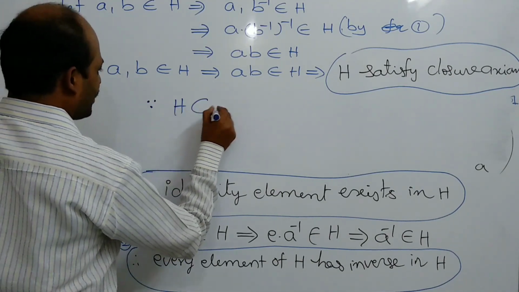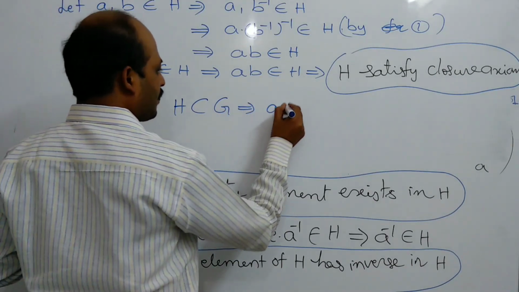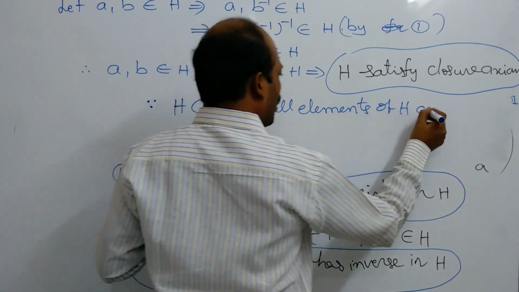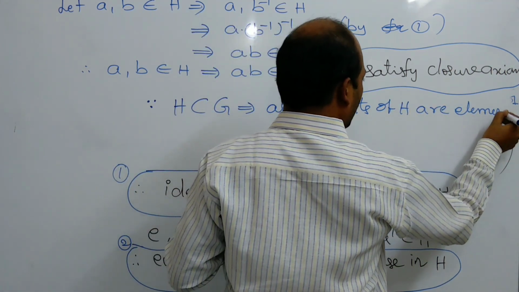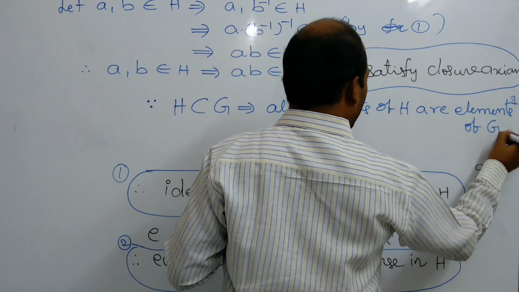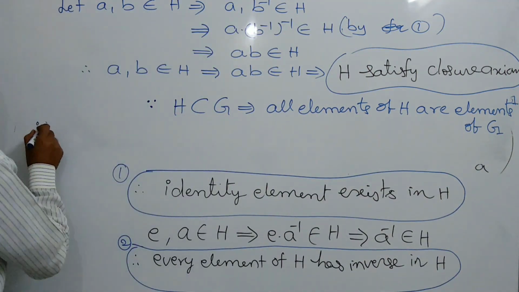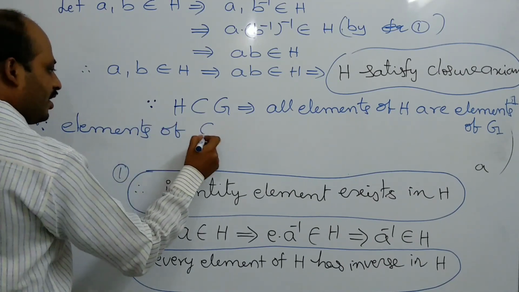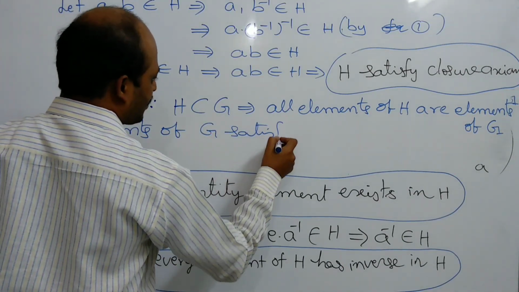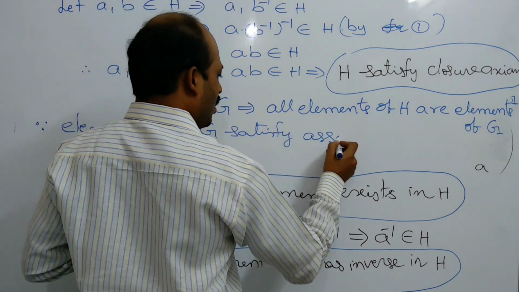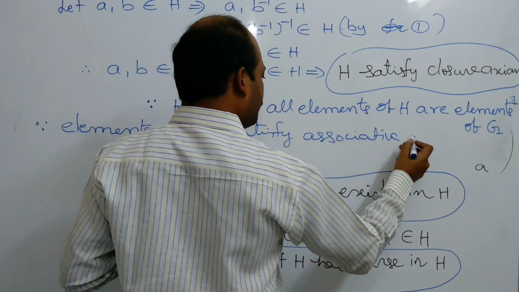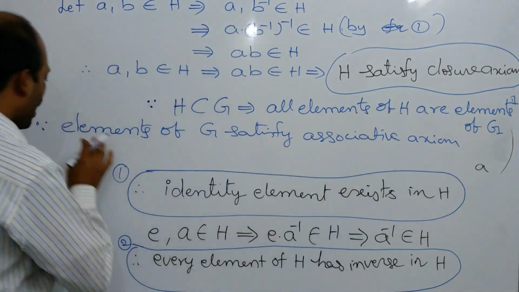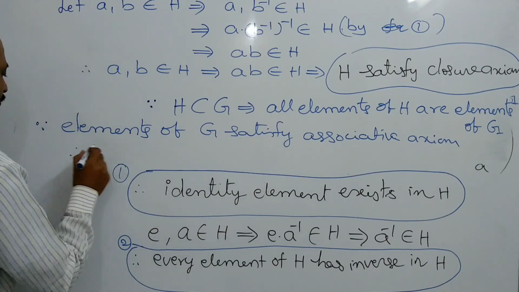Since H is a subset of G, what does it mean? All elements of H are elements of G. Since elements of G satisfy the associative axiom, and all elements of H are elements of G,